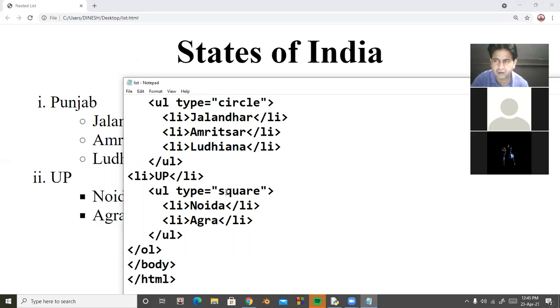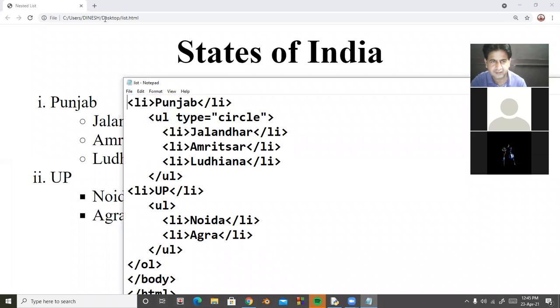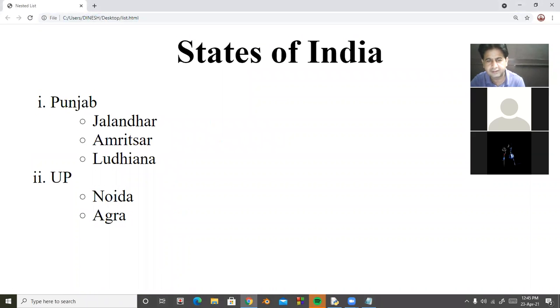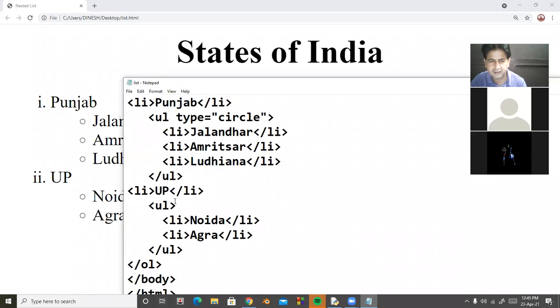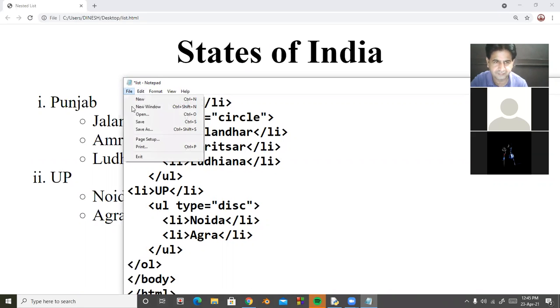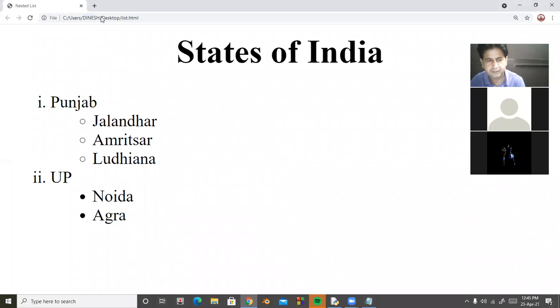In case I'm not giving any type in the case of a UL list, it will be a circle, and in case I am taking type as disk. The difference between circle and disk is that in a circle there is no color fill, but in the case of disk there is a color fill.